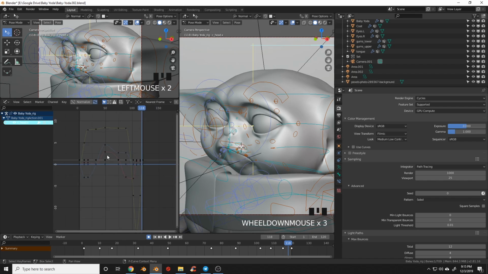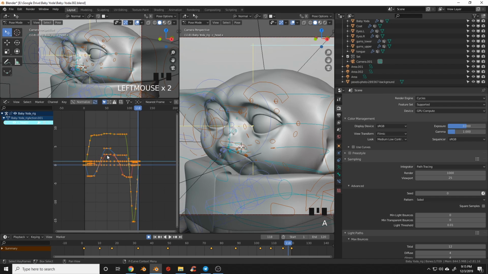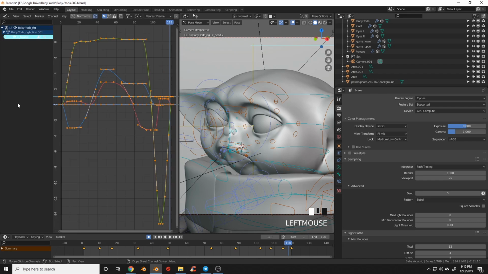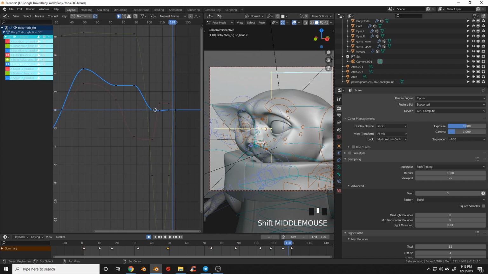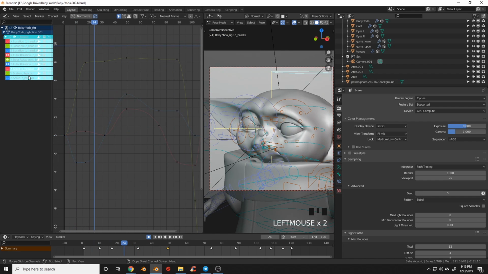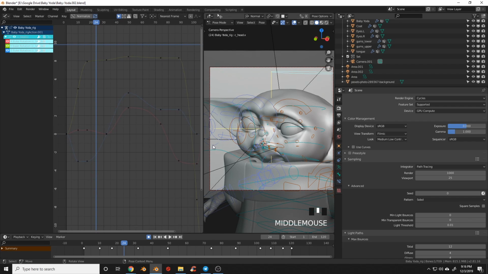Now, the other thing I like to do is if you select all and then tap period, then Blender will zoom in for you. Now, I'm actually going to take this and drag this up over the camera view. So we can see here that we have all of our animation on these 3 rotation keyframes. Because we only used rotation keyframes on this, I'm going to come over here and delete these by pressing X, and then I will delete the location keyframes as well. So now we have just the rotation keyframes for the head.